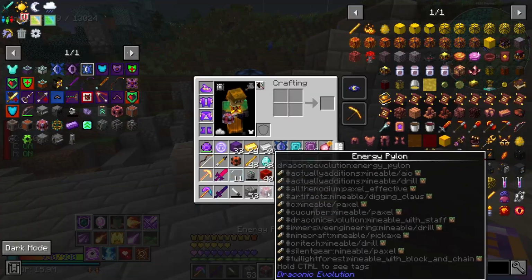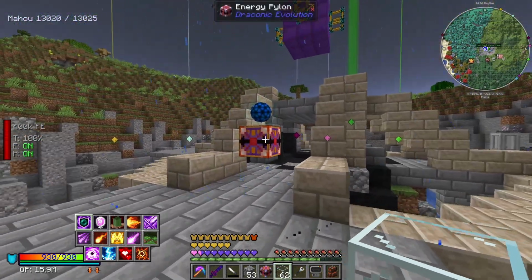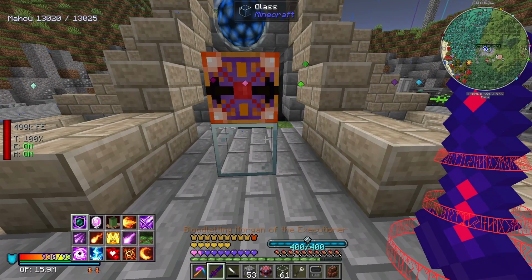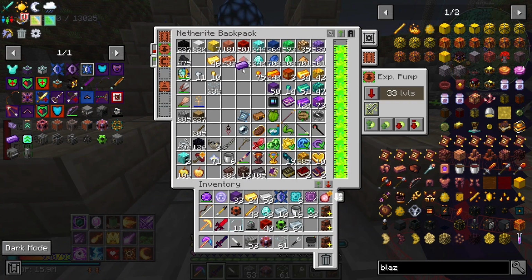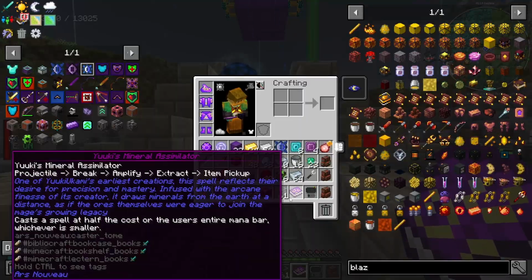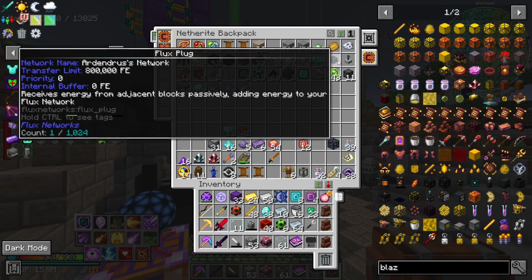There's that. Is that actually considered an energy pylon, or do I actually have to... Okay, so that's apparently considered an energy pylon. Cool. Where's Yuki's? Not that I really need to pick up this glass, but might as well. So, if I do... Where's my...